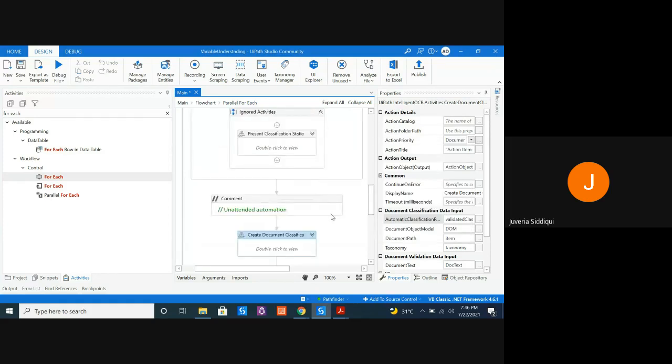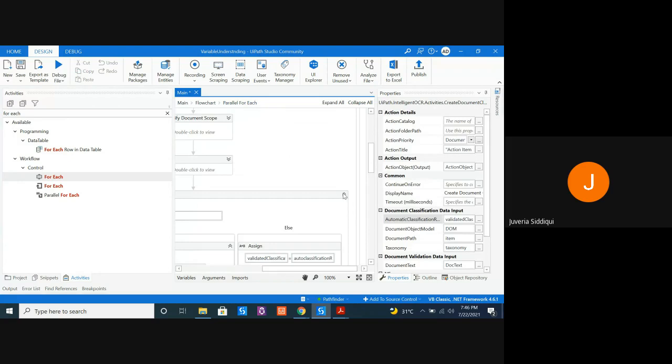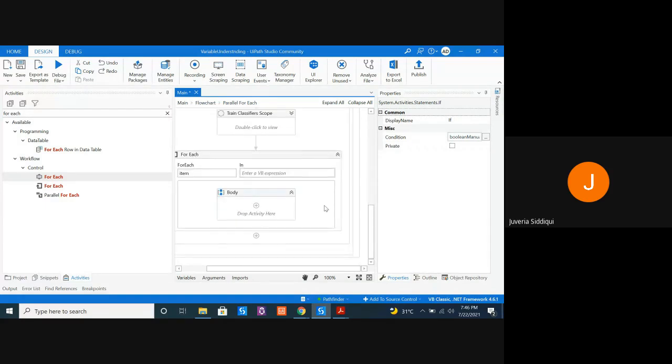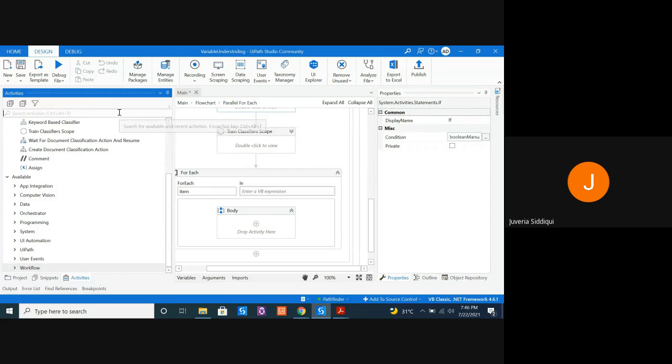Now, there should be a question, like if you remember very well, that during my first session, I told you that classification is not a necessary step. It's a step that needs to be done if you have a variety of documents, but if you're assigned a single kind of document, you don't have to do that. But when we are doing the extraction, we need one value. Let me show it to you very quickly, then we'll proceed forward.